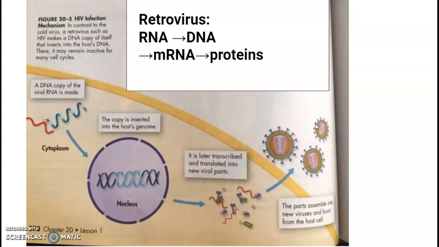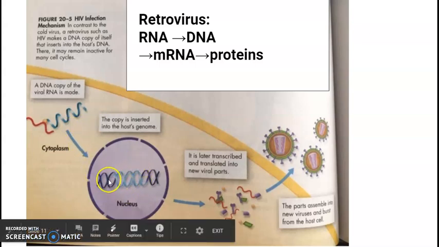Okay, an RNA virus is sometimes called a retrovirus. This is kind of different from what we've been learning. We've been learning that the flow of information goes from DNA to RNA to protein. In this case, you have a virus that, instead of DNA, has RNA. The RNA enters the cell, and then it uses an enzyme called reverse transcriptase. So it's like transcription in reverse: it goes from RNA to DNA. And in fact, that DNA can then sometimes be inserted into the host genome.